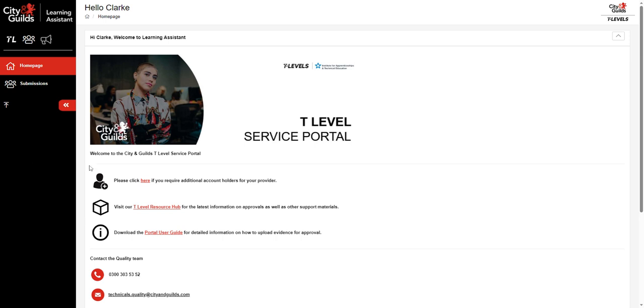When you log in, this is what your homepage will look like. Here you can request for additional accounts to be created for your provider. It will open up a separate Microsoft form that needs to be completed for each team member you wish to